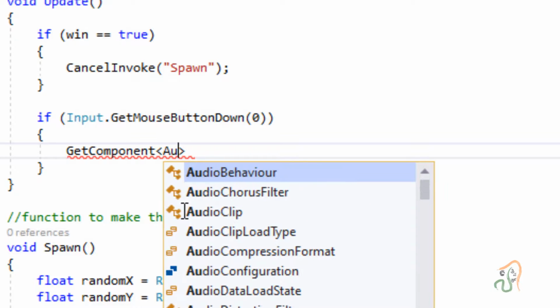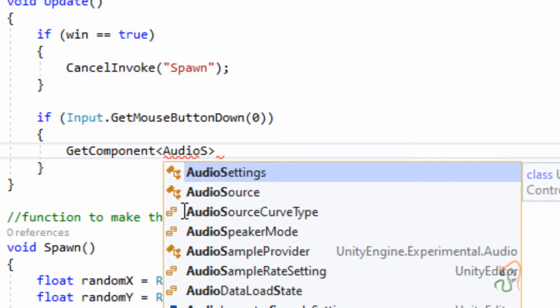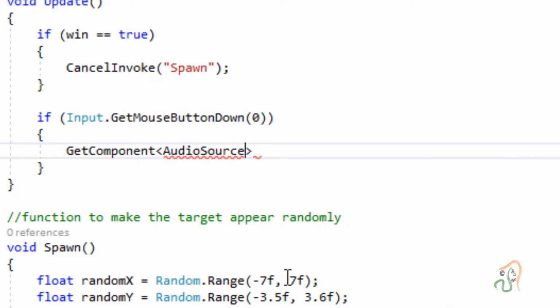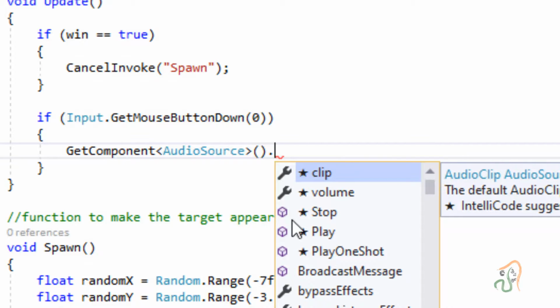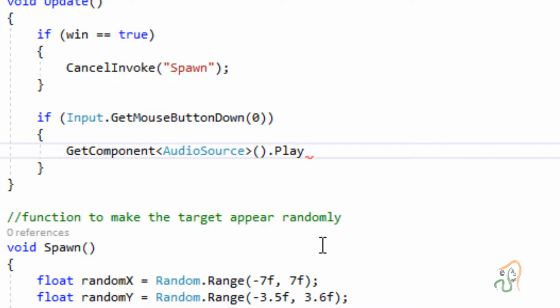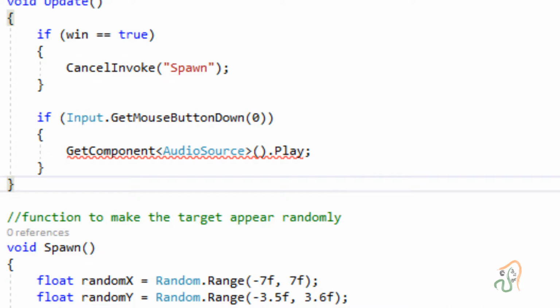So the component we are going to use is AudioSource. So you can see here AudioSource is the component, and after this add open close bracket, then period, and what this should do, it should Play, and end it with a semicolon. So this is the command that we have added.